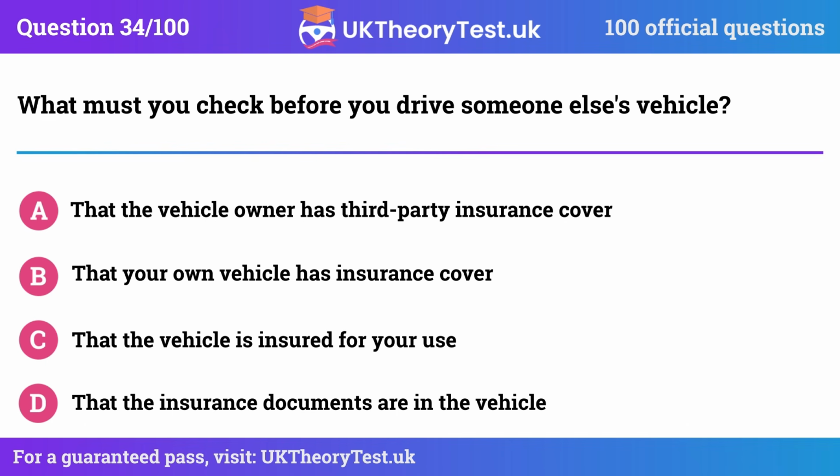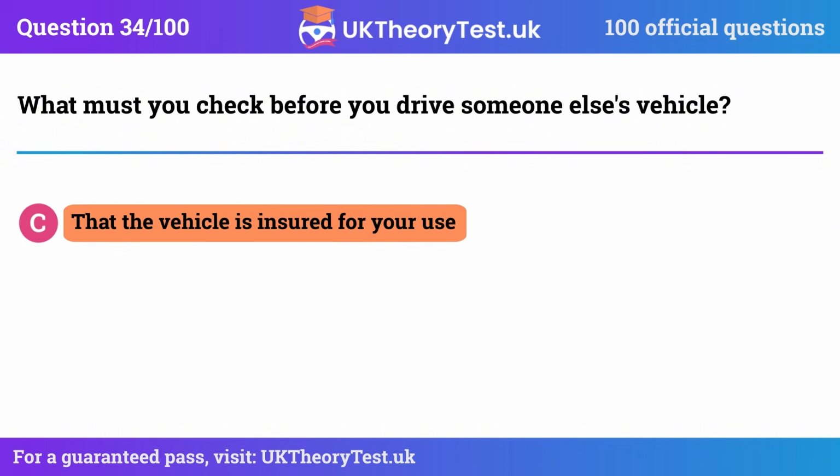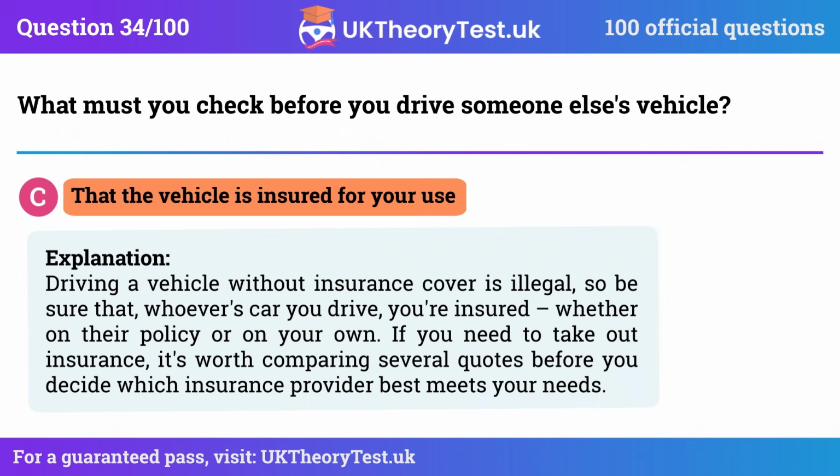The correct answer is C. That the vehicle is insured for your use. Explanation. Driving a vehicle without insurance cover is illegal, so be sure that, whoever's car you drive, you're insured, whether on their policy or on your own. If you need to take out insurance, it's worth comparing several quotes before you decide which insurance provider best meets